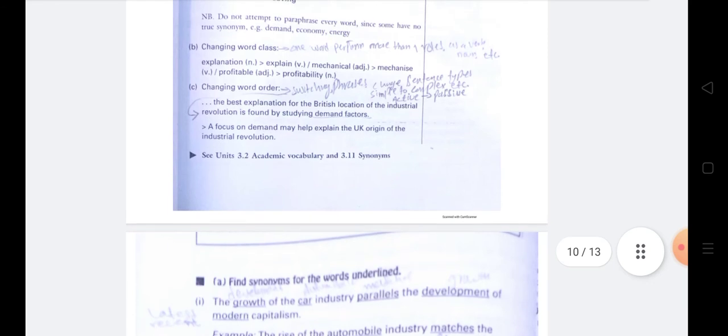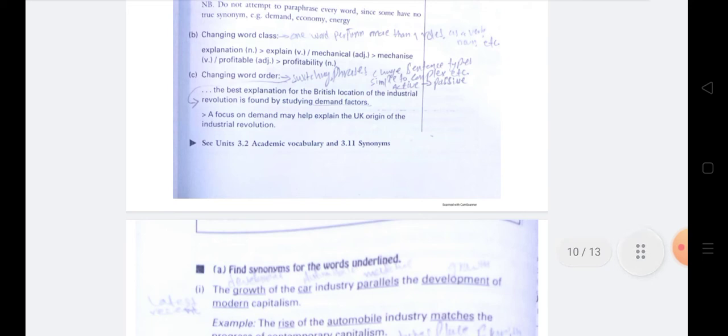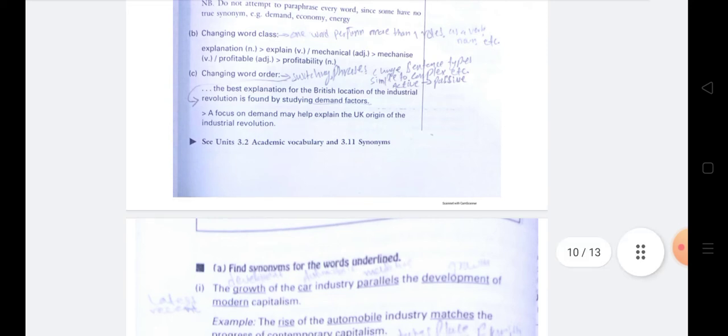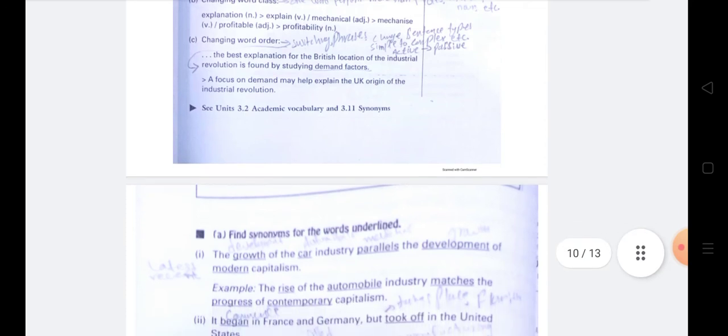So it's not necessary to change every word with a synonym. And you may change the word class as well. For example, one word can perform more than one function, as a verb, as a noun, etc. For example, explanation is a noun, explain is a verb, mechanical is an adjective, mechanize is a verb. So you may change the word class.